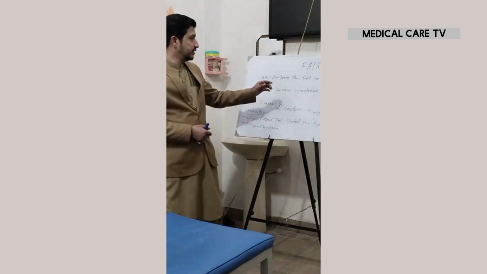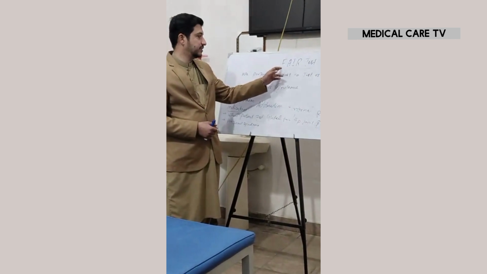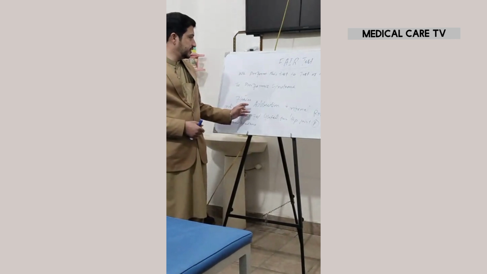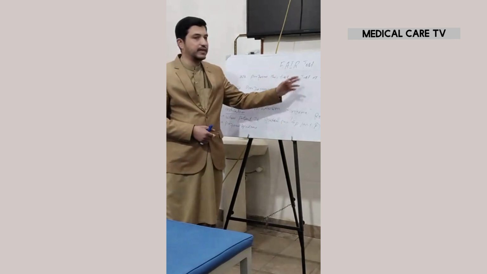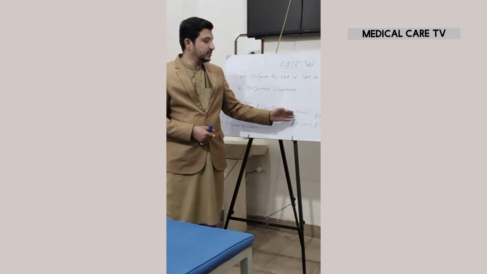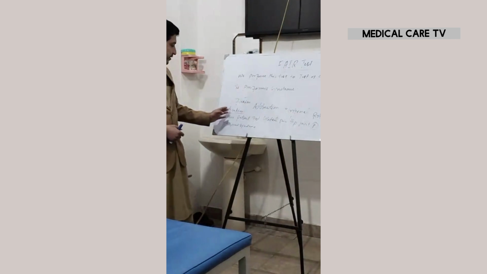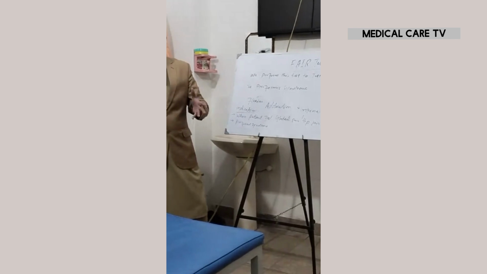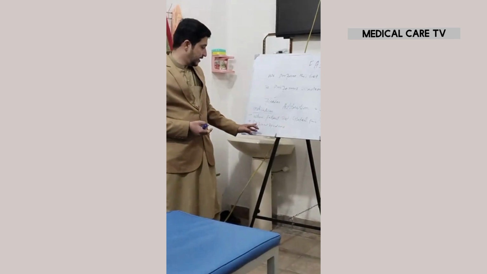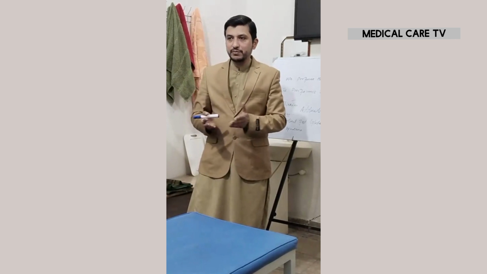So the test we perform here is the FAIR test. F stands for flexion, A stands for adduction, and IR stands for internal rotation. We indicate this test when the patient feels gluteal pain or hip joint pain, and it is specific for Piriformis syndrome. So what's the reason behind Piriformis syndrome, or what's the pathology that we say this